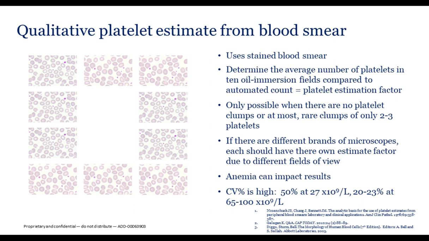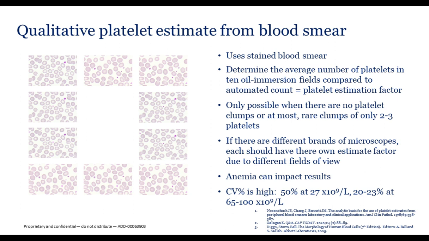In lieu of this discontinuation, a lot of laboratories had to reassess how they do platelet estimates and now use this as their alternate technology for platelet confirmation when the automated system fails to provide a count. However, at very low levels, the coefficient of variation is high and may result in increased discordance with an analyzer result. Published by Nazanchuk back in 1978, one of the only studies in publication, indicates that the CVs